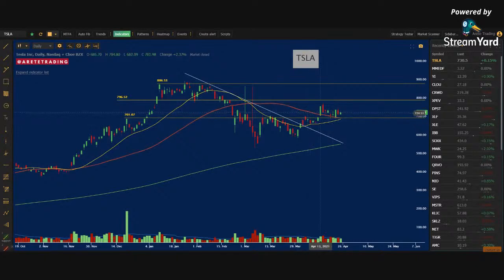Here's what you have to look at. Here's your 50-day, and you're just respecting it, and you're just wedging in here. The issue with Tesla and buying it before earnings is they could crush, and then he could talk about something, and you can get absolutely hammered. So unless you are already up in this trade, I would not be buying it before earnings. You can buy it after the conference call, not even on the move. You can day trade it all you want, but you cannot get involved in this until